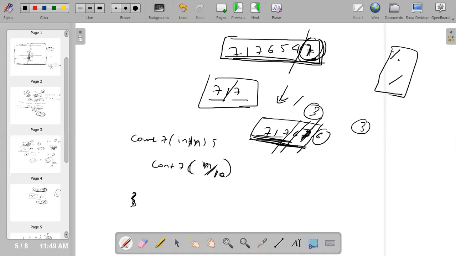How are you making your input smaller? I am making my input smaller, 71767, just by dividing. The divide operator is helping me reduce one more digit. One divide operator will make the number of digits in a number one less. Again, one divide operator will make it 3, one more will make it 2, one more will make it 1. So this is actually the hypothesis. That's why I told you, if you can crack this problem, it will be easier in other problems.